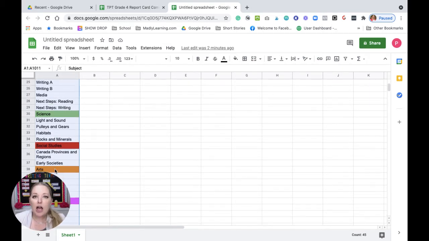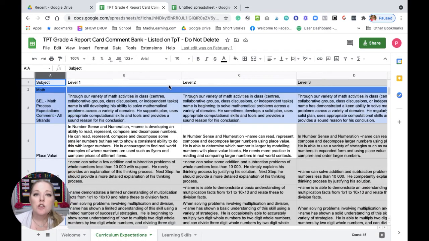So obviously you're not going to pull a comment for math from every single strand to build your comment. That's going to be really wordy and really detailed, and you're not going to fit it in the space. So for me, the goal is I'm going to build the comment pieces here, and then I will puzzle them together. These are my puzzle pieces, and I will use these to build the final comment, and that's what helps make it individualized for that student. Because they're already written, it's really just like assembling a puzzle in my report card software. So when it is all done, you will have your comment framework.